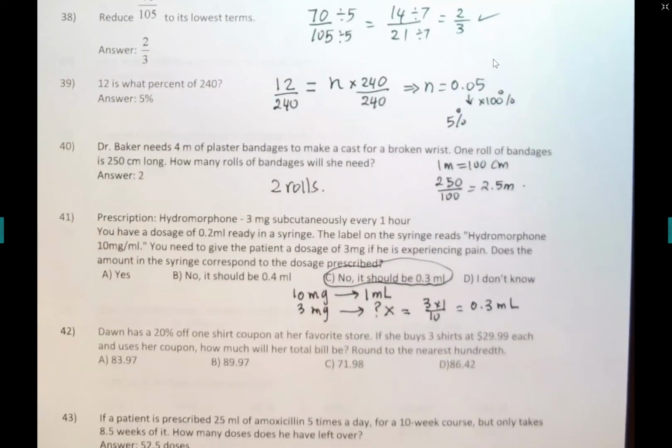42. Dawn has a 20% off one shirt coupon at her favorite store. If she buys 3 shirts at $29.99 each and uses her coupon, how much will her total bill be? Round to the nearest 100. Well, let's make it $30 here. If she gets a 20% discount on $30,